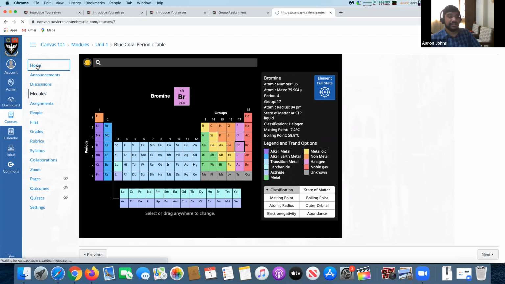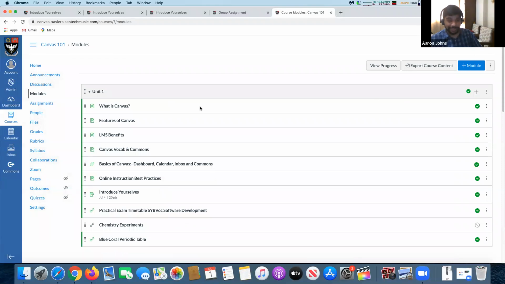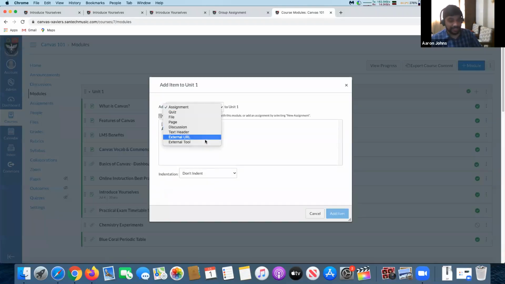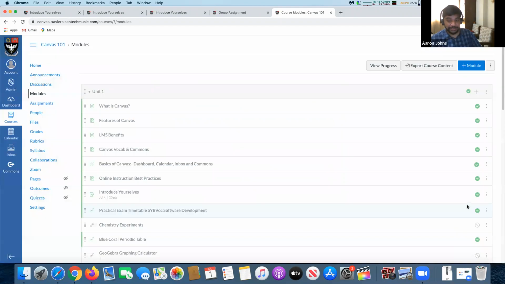Then let me show you more features. There are lots of features in this. If I start showing you everything, it will become an overload for all of y'all. I can show you one last one: the graphing calculator. It's a beautiful tool.